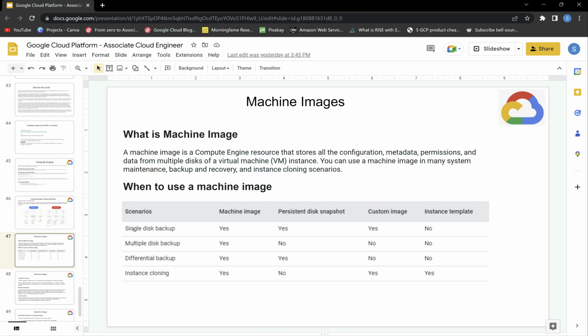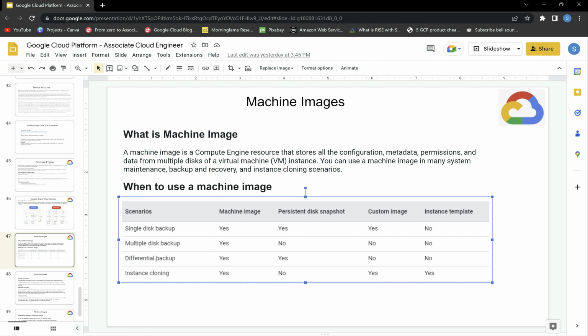So if you want to take a single disk backup, yes, a machine image can be used. We'll see during our lab. If you want to take a multiple disk backup, yes. If you want a differential backup, yes. So now what is a differential backup? Differential backup is something like